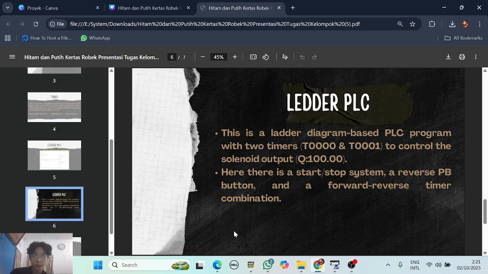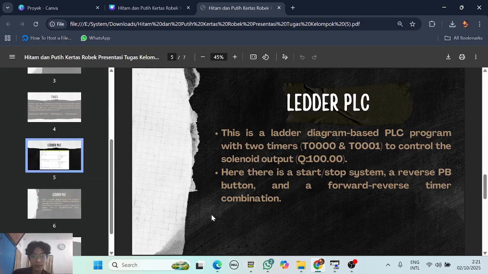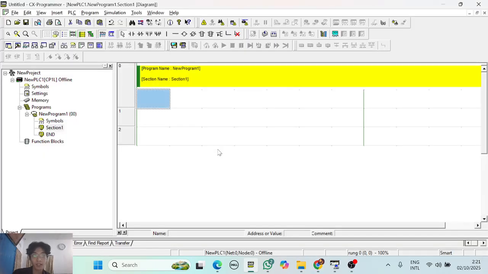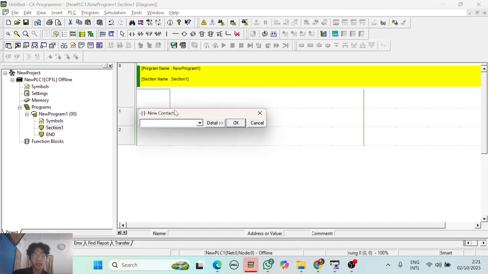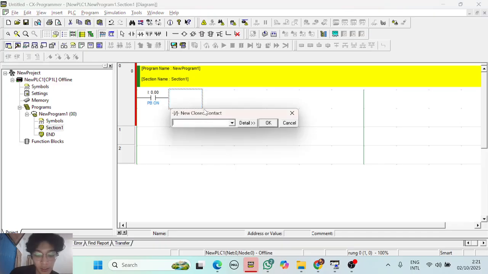And I will demonstrate to you how to make this ladder PLC on CX-Programmer. Okay. First we will add a contact. We can make the input address 000 and we can name it PB on, and make another contact, a closed contact.